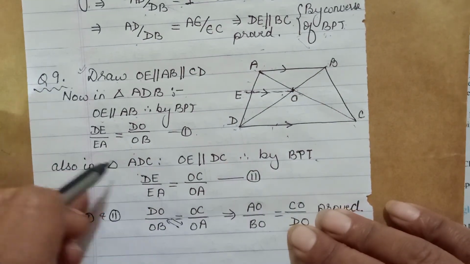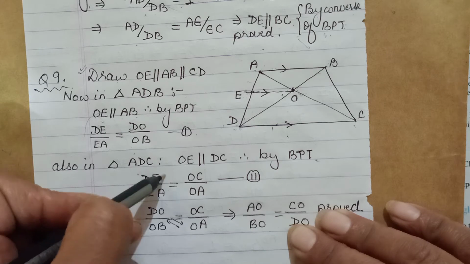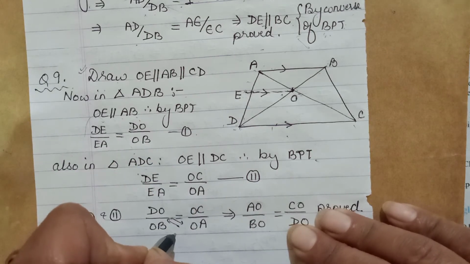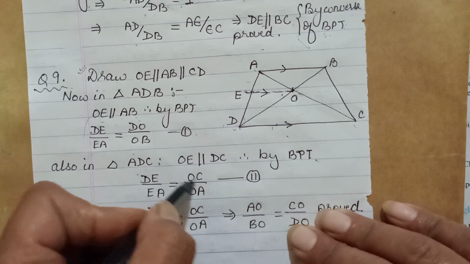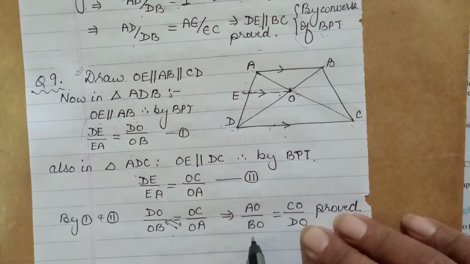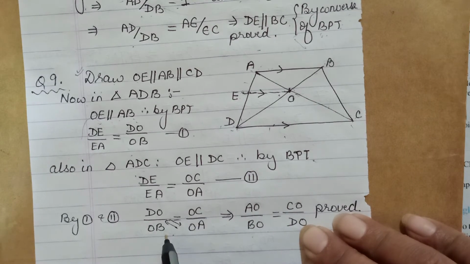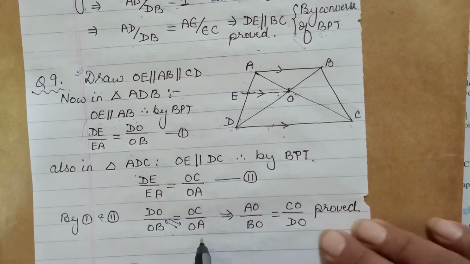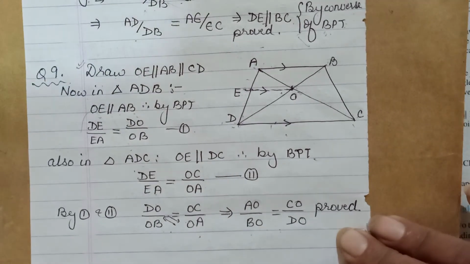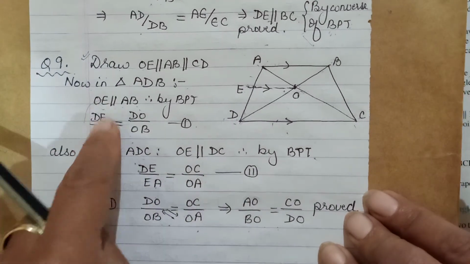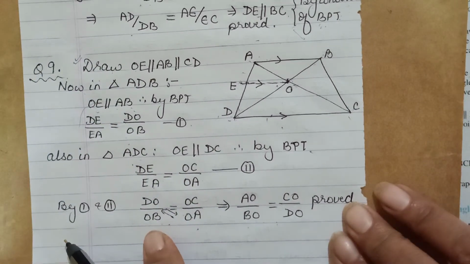Now comparing equation 1 and 2, again you have the same factors, so the right hand side can be equated once again. And then cross multiplying, because in the proof you needed AO upon OB. So OB is here and AO will go to the other side and come in the numerator. I have taken this here and OD in the denominator to match what is required in the proof. This we got by comparing the BPTs. Clear? Okay.